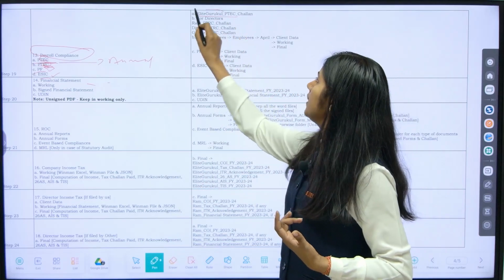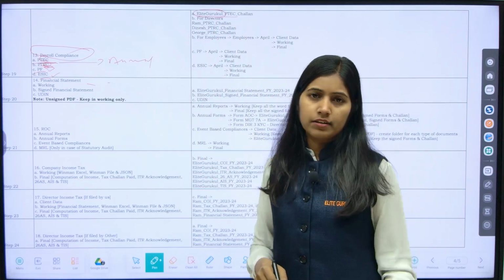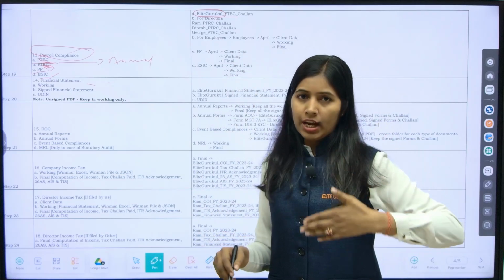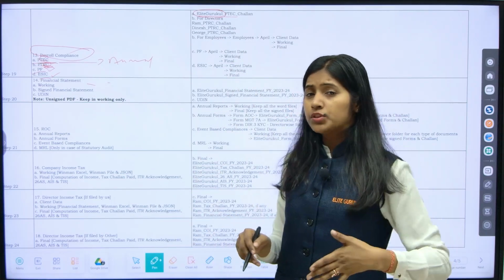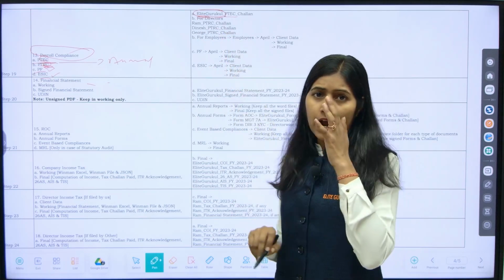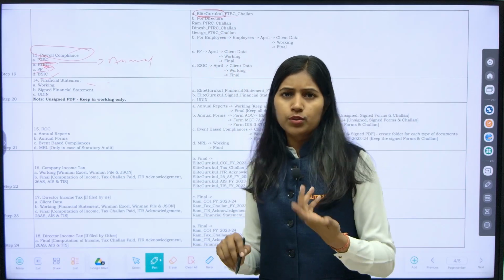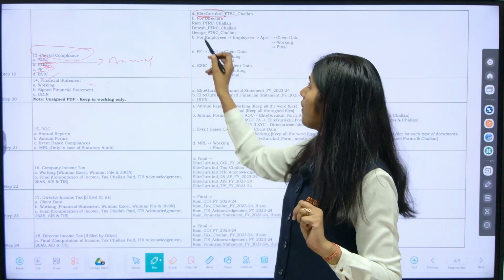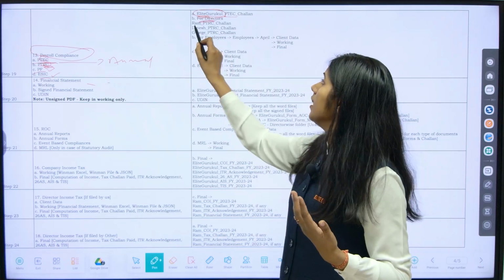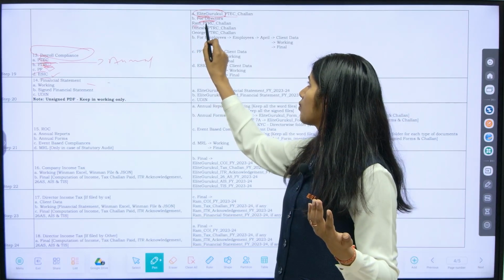So for company, if you are filing the PT return, and you are getting the challan, how are you supposed to name the challan? Your company name will come _PTEC_challan. Done? No issues. If you are filing the returns for director, PTEC return for director, then director name _PTRC